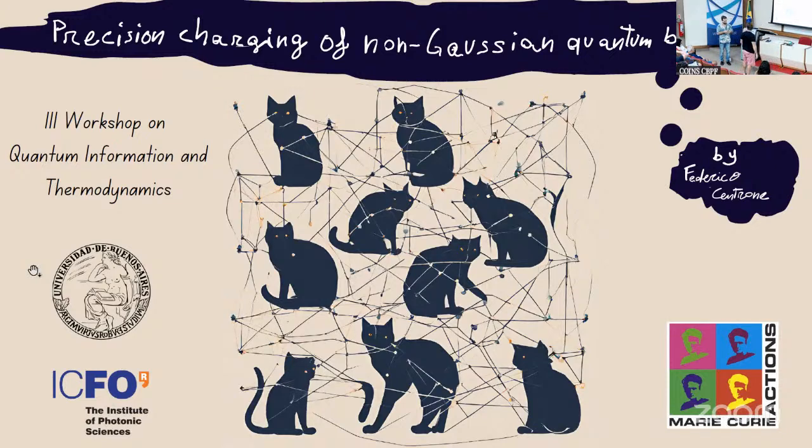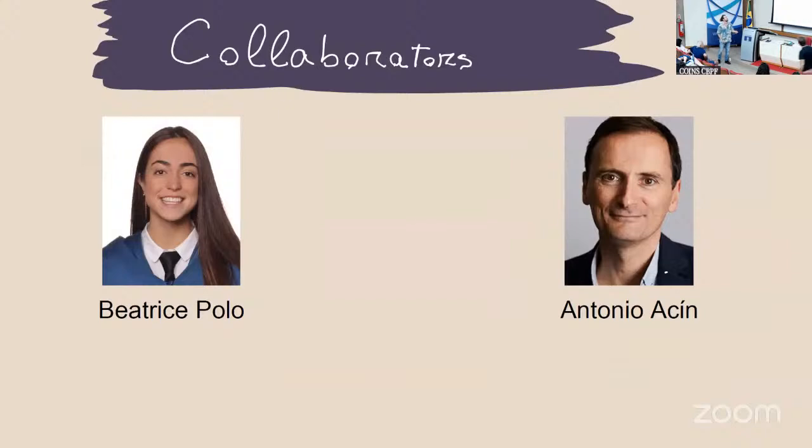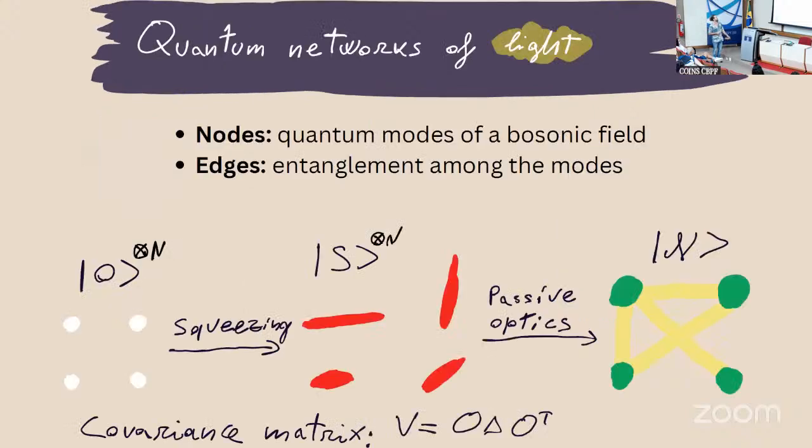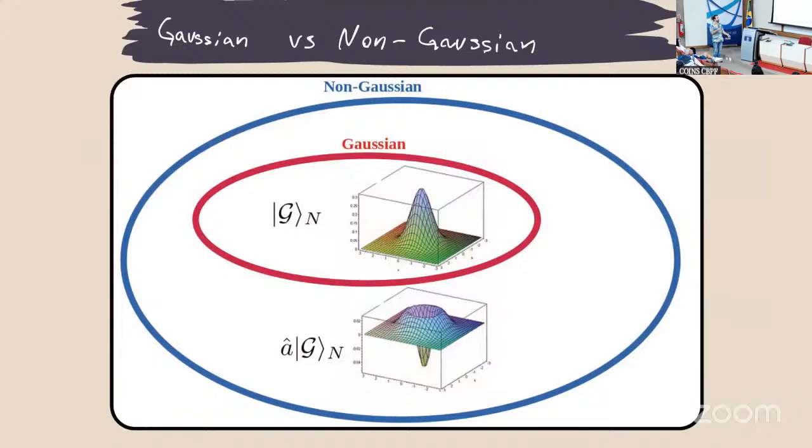How do I change slides? Thanks. I think there was another slide before. Yes. These are my collaborators at ICFO. Maybe you know Antonio Acín, who's working a lot on Bell non-locality, but has also done a lot on thermodynamics. And Beatriz is my PhD student. She's brilliant, and she just started, but you will get to know her. So before, why? Spoiler.